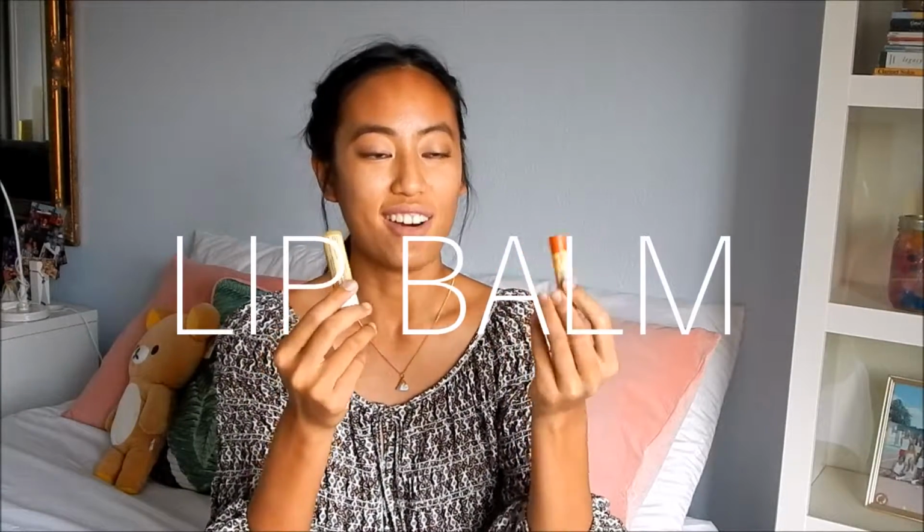The next thing, which is a major essential for me personally, is lip balm. Now, I'm the type of person whose lips get really dry in a matter of seconds, so I have to have this with me at all times. Whether I'm at school or at home, I just have to have lip balm, otherwise my lips will turn into the Sahara Desert pretty much. So yeah, this is very essential. Right here I have the Nivea Kiss of Milk and Honey, and also I have this one, Burt's Bees